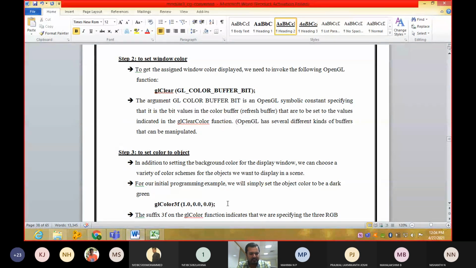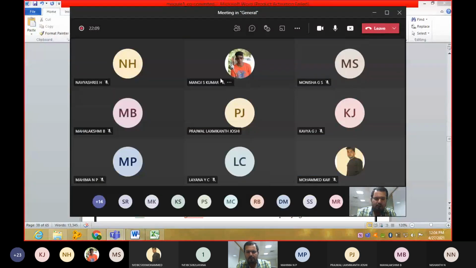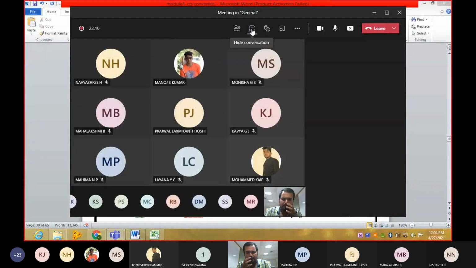Is it understood? glColor3f of the image, whatever I have created, I can assign any color to that one. Now here what I have done is I have set the red color to 1, meaning the image will be in red color. So if I make it as 0, 0 and 0, 0, and if I give it as 1, 0, the output will be in what color for me? Reply. You can reply in the message chat box also.